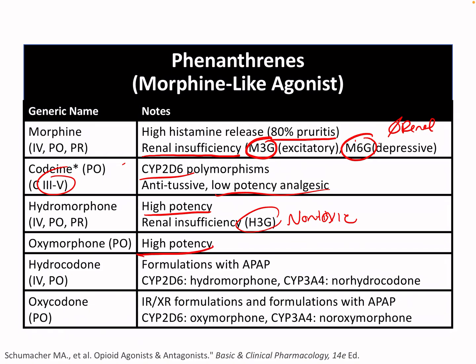Oxymorphone is a high potency agent and is the highest potency PO agent available. Hydrocodone is available with formulations of Tylenol, as is oxycodone. You'll see that they both are prodrugs of other medications: hydrocodone being a prodrug of hydromorphone, and oxycodone being a prodrug of oxymorphone. The CYP2D6 polymorphisms do not play as big of a role in these compared to codeine, but it is at